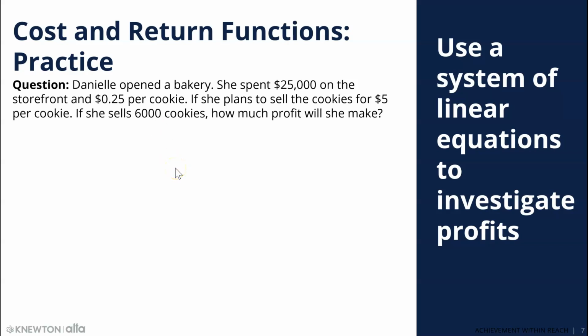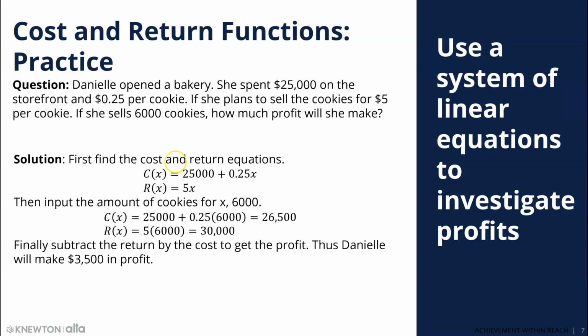Now, following that same problem, if Danielle sells 6,000 cookies, how much profit will she make? To compute the profit, we need to compute the cost first. Remember that our cost function is equal to 25,000 plus the cost per cookie, which is 25 cents per cookie. This is the cost function, and this is the revenue function, $5 per cookie. For 6,000 cookies, the cost will be 25,000 plus 0.25 times 6,000,